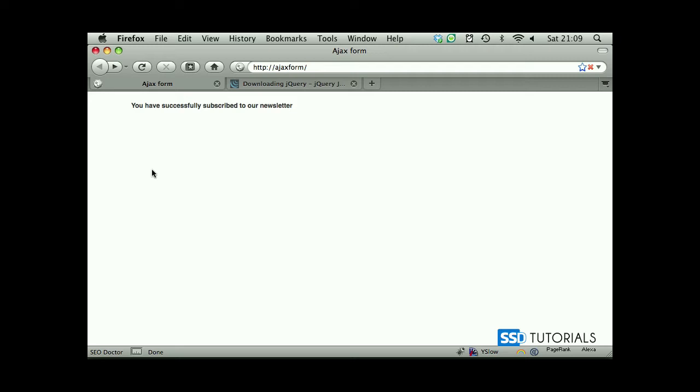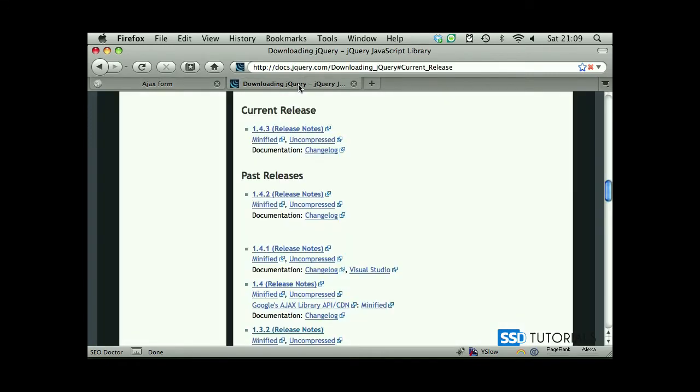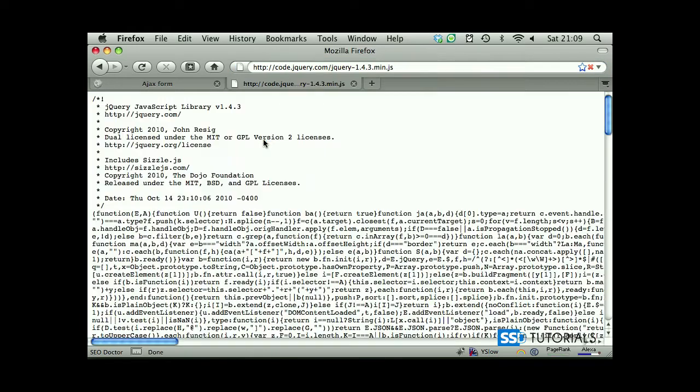So first of all, we need to download jQuery because we're going to be using jQuery for this purpose. If you go to docs.jQuery.com, under Downloading jQuery, Current Release, we go to the current release and download the minified version of jQuery. So click on the minified. Let's copy the name of the file,